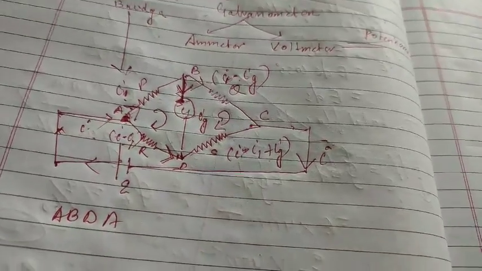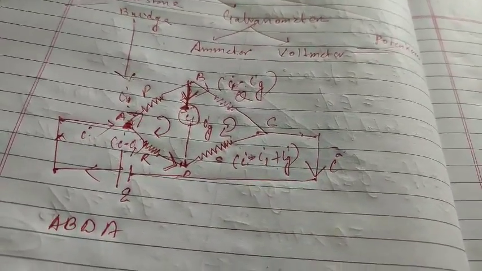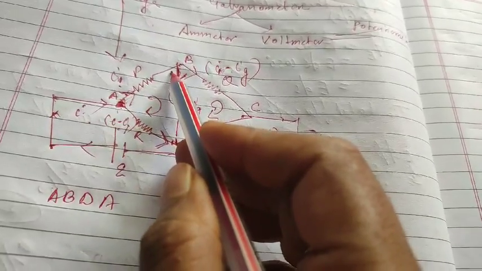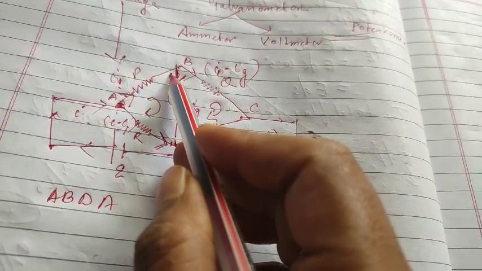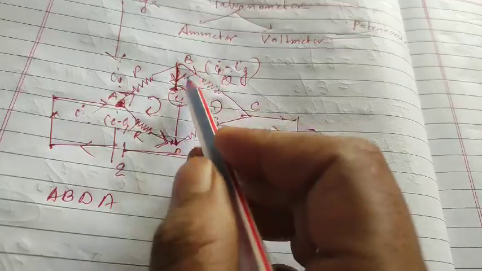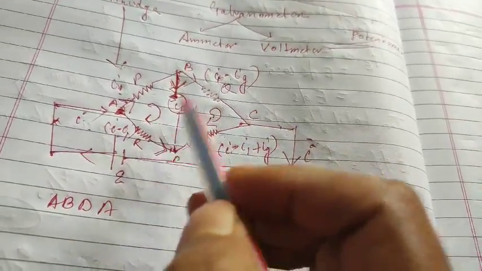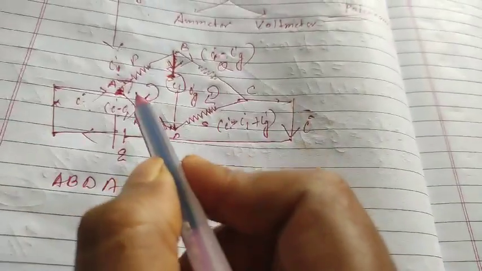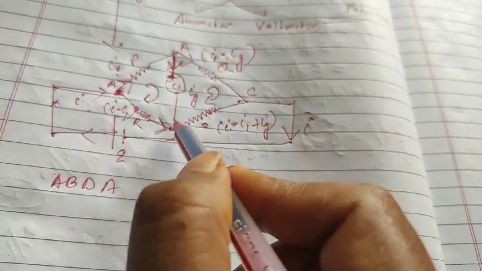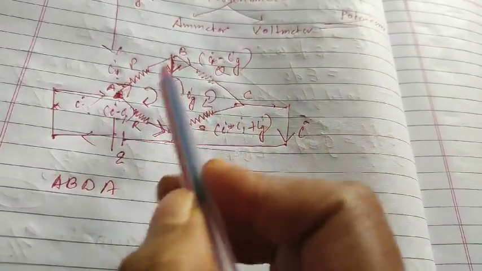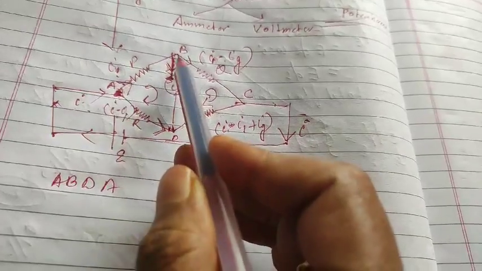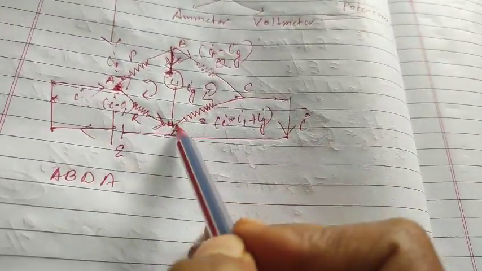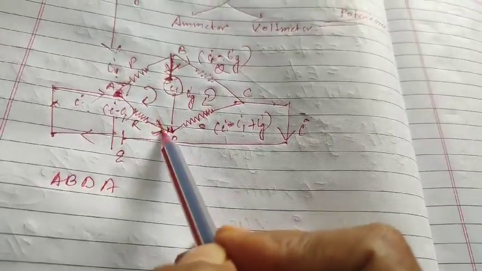Now if you remember the rules I taught you in the last video, if the arrow mark is going along with the resistance, it should be taken negative. If the arrow mark is going along or opposite to the path which you are considering, it will be taken as positive. So see what loop I have taken: A, B, D, A. If you see A to B, the arrow is going with us. B to D, the arrow is going with us. But in D to A, the arrow is going opposite to us.